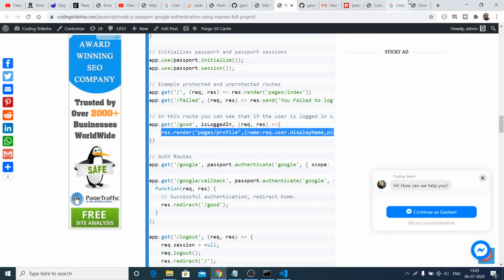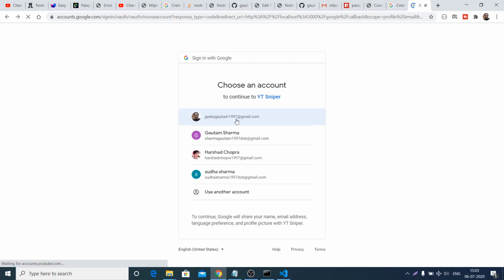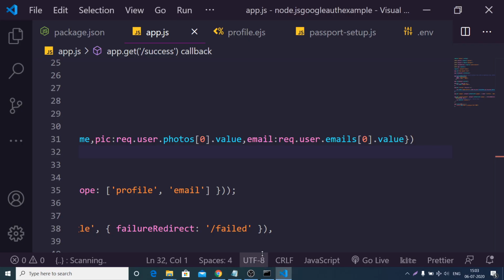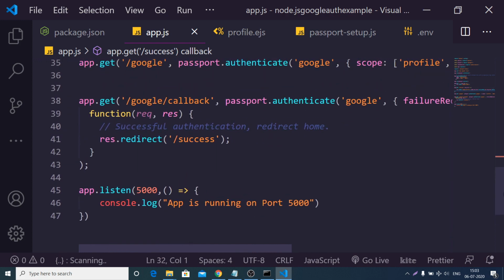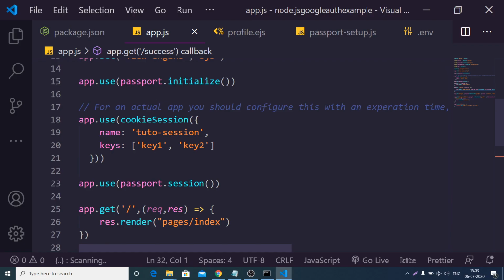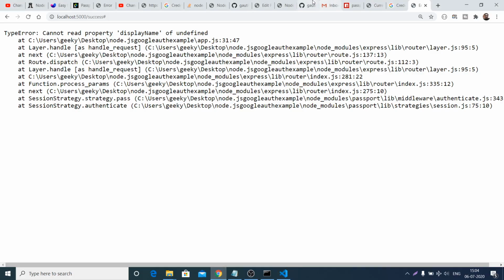If I refresh, what is the problem? App.get /success, we are redirecting to the success route.